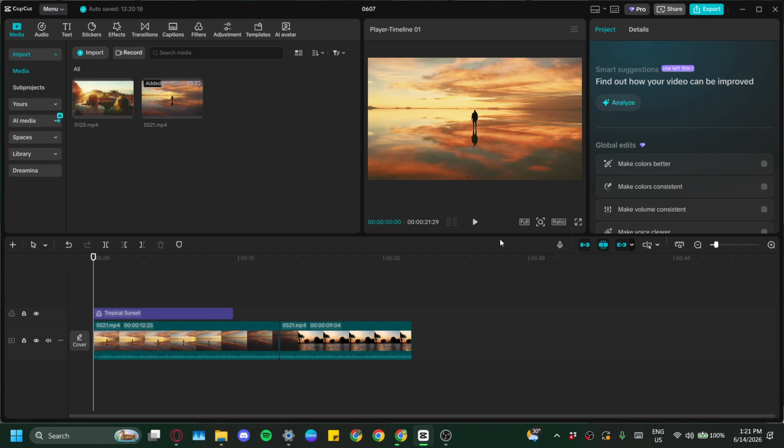First, let's look at the most common method, which is when the filter appears as its own separate track bar in the timeline. To check for this, look down at your timeline tracks and then look directly above your main video clip lane. If you see a separate blue or purple asset bar, that bar represents the filter that was